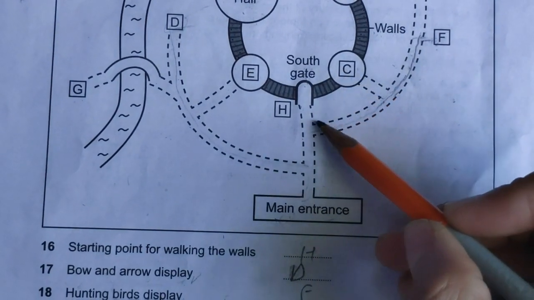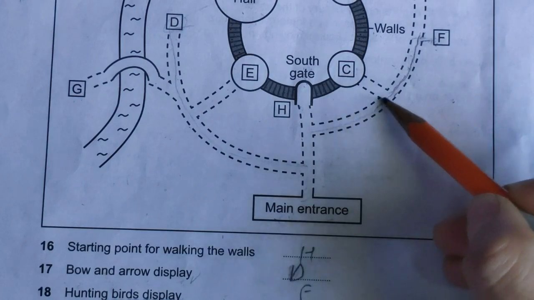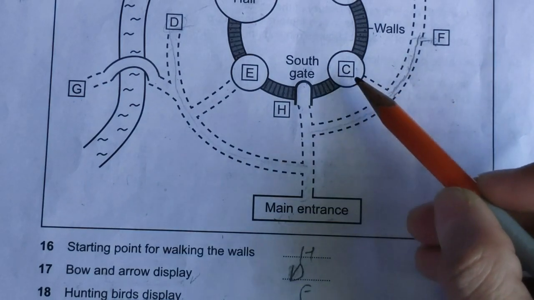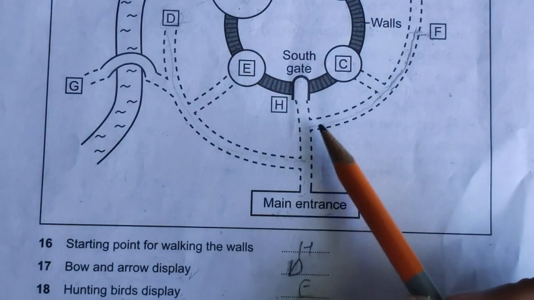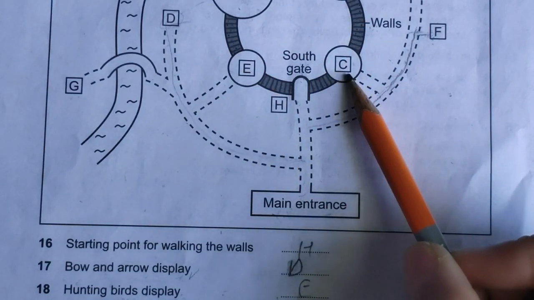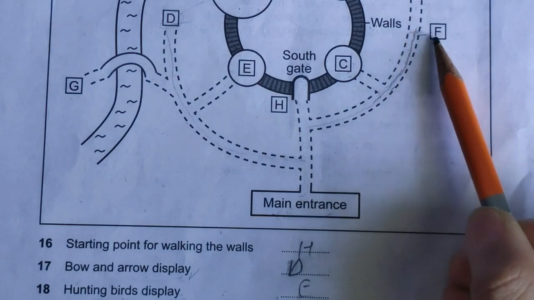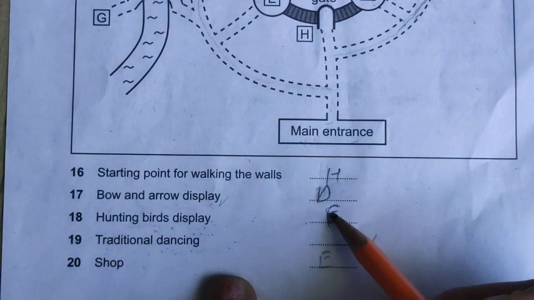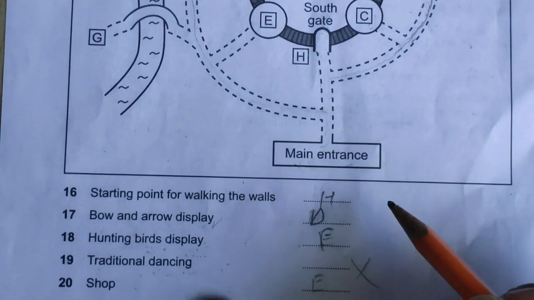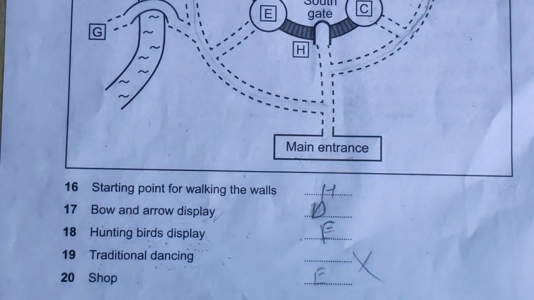Now we are on this path, on this road. This is the first tower. Of course, there were 4 towers: 1, 2, 3, 4. Now from this road we can see this is the first tower, and on the right side only this point is there. So our answer is F. Okay, now for the 19th, what the writer said.